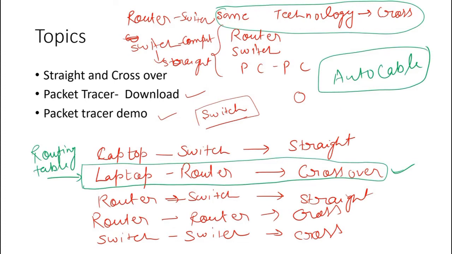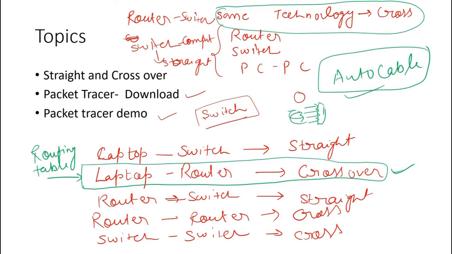So that is auto configurable. It does not worry about whether you have connected the straight cable or the crossover cable. It just detects the device, checks by itself that okay, this is the same technology device. If it is the same technology device, whatever the color combination is coming here, it just exchanges the signal. Whatever signal is coming here, it will send it to the different corresponding colors. So you do not need to worry that you have to connect the appropriate cable, either straight or crossover. It is just auto. You just connect it.